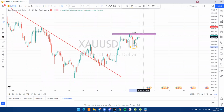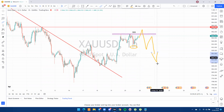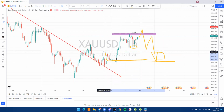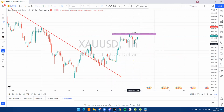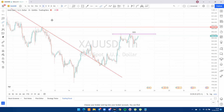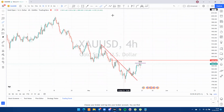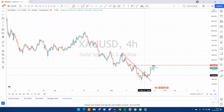So what I'll be looking for is to see if price pushes up here, perhaps to see if we get some sort of rejection. Price could slap bang to the downside and then create some sort of bearish structure, pushing price at least back down towards this area here where we had the initial impulse. What I'll be expecting is to see some sort of consolidation, I think, before we get some sort of move to the upside,